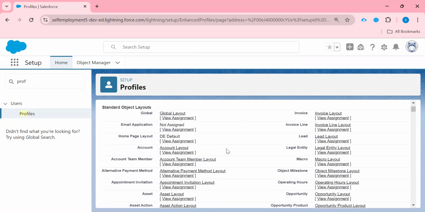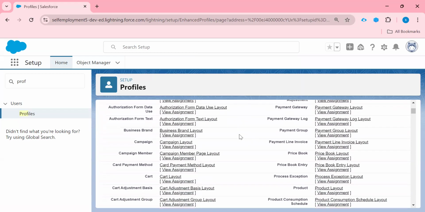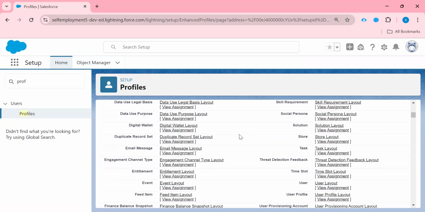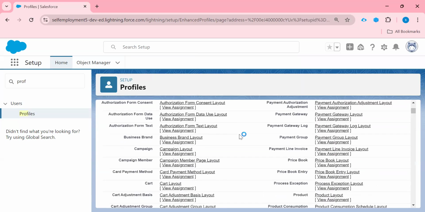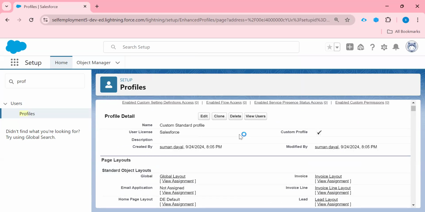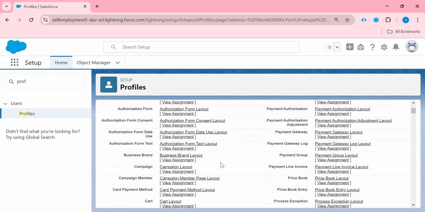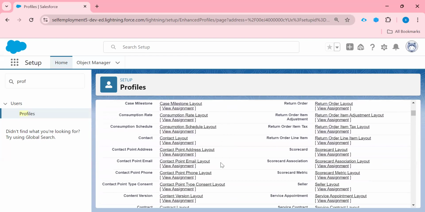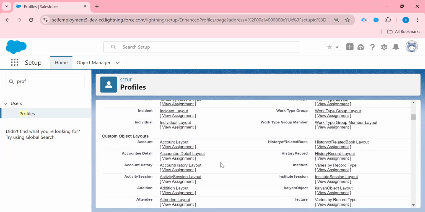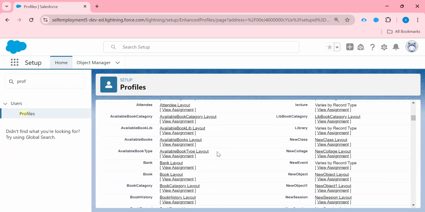So these all are permissions which I can set from here, right? So just see one by one what we can do. This is the standard object layout. So we can assign the layout from here also to the user, right? This is the custom object layout.